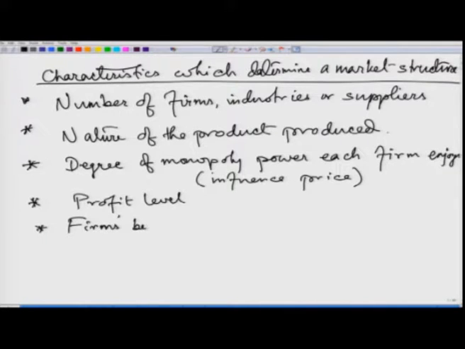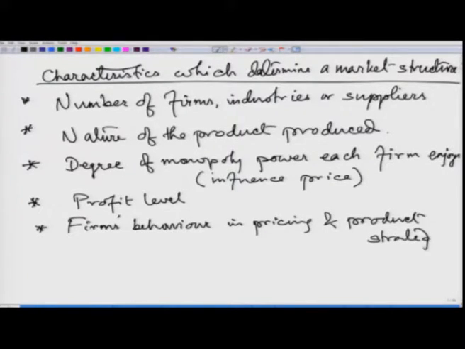Firms' behavior, pricing and product strategies. It also includes the output level, whether they are differentiating markets. So it can also be associated with the monopoly power they enjoy, partially, of course. And the extent there is a barrier to entry